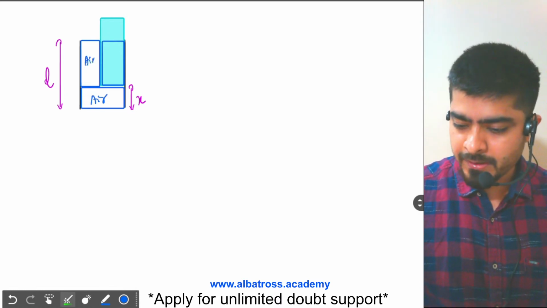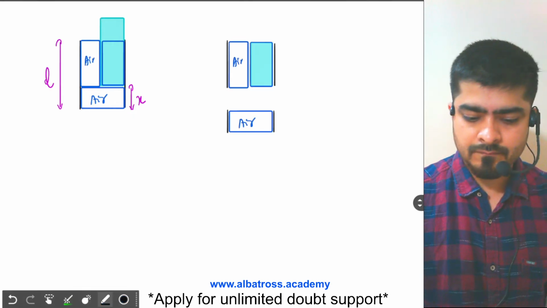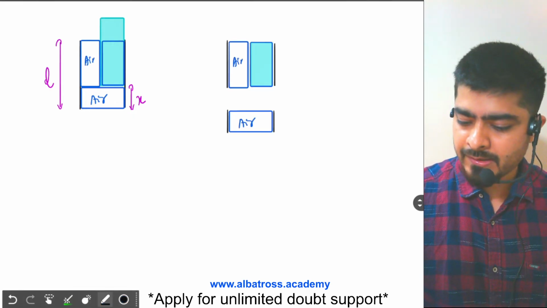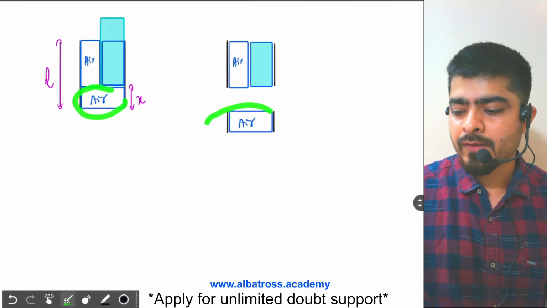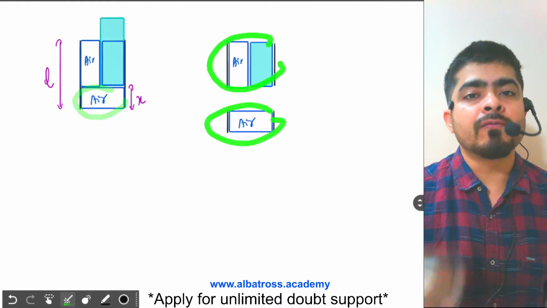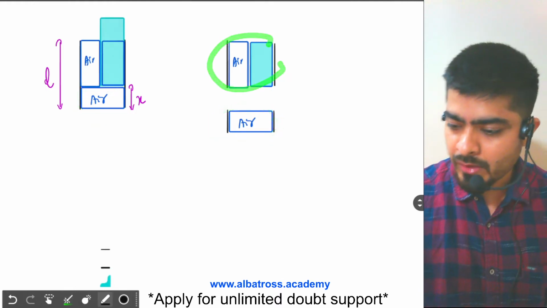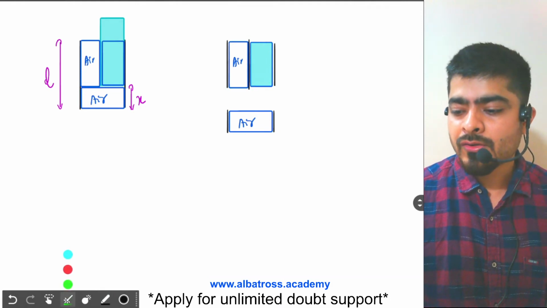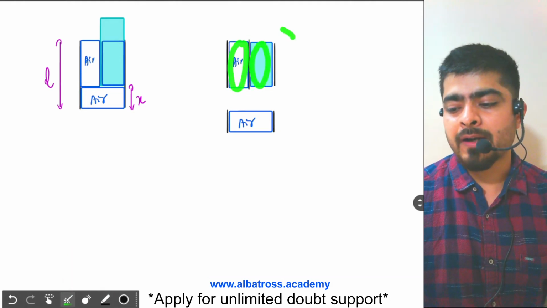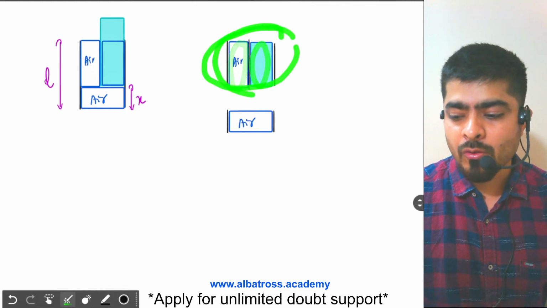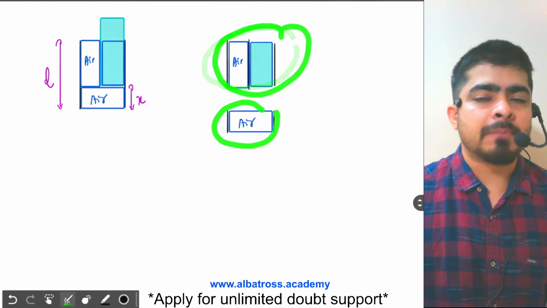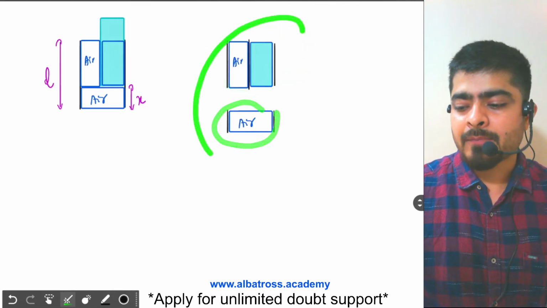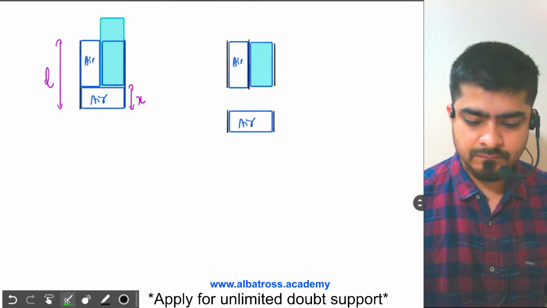So how do you split this? We could split the system like this. The lower section of air is a separate one and the upper section with the dielectric is a separate section. And again I could split the dielectric into two parts, this part and this part. They are in series, and this whole combination is in parallel with this capacitor. So we have to find the net capacitance for this combination.